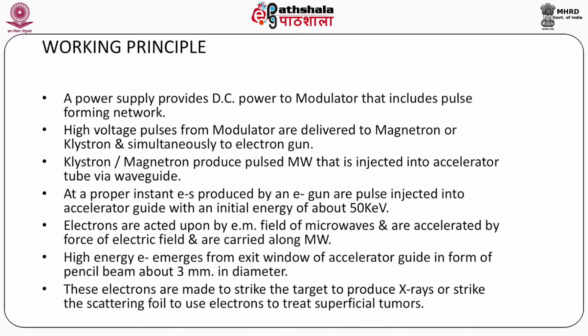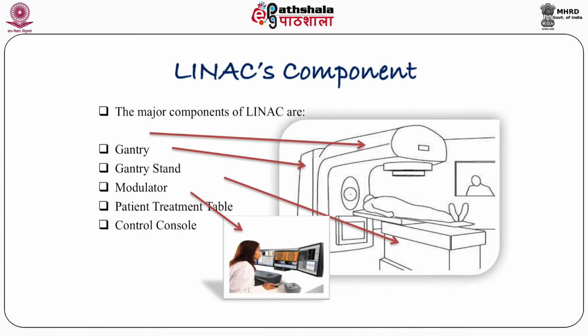But since the procedure is the same, the physics behind production of photons is the same, we have all types of energies from lower energy to higher energy photons. We do not have monoenergetic photons, we have polyenergetic photons in the output. This shows the typical line diagram of a linear accelerator, which shows the gantry, gantry stand,